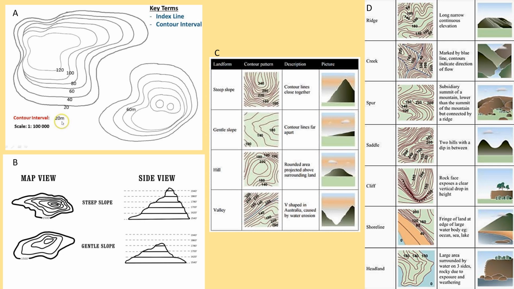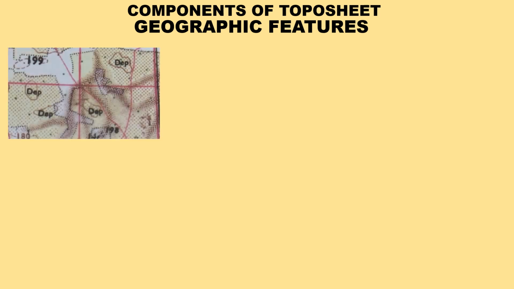Now on the Toposheet map provided by the ICSE Council, the contour interval is always 20 meters, which means the difference between two consecutive contour lines is 20 meters. I have given certain examples of how the contour lines help to represent certain real life landform features present on the Earth's surface. Next, on the geographic features, we have depression,